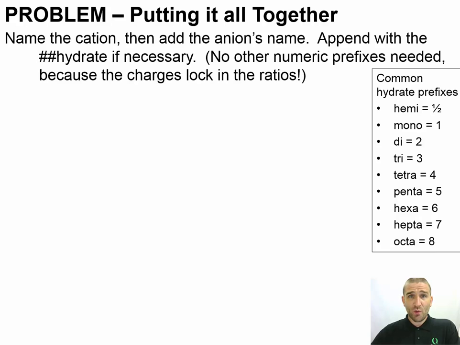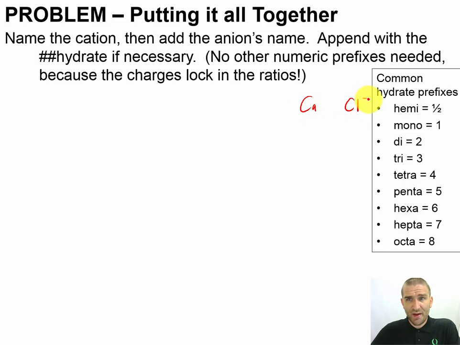Okay, in this problem video, we're finally going to put together all of our nomenclature rules that we've learned for dealing with ionic substances. Now, I have a reminder here at the top and on the side about the numeric prefix. The only time that we're going to use the numeric prefix for our ionic substances is when we're doing hydrates. Because remember, if I tell you that we have sodium chloride or calcium chloride,